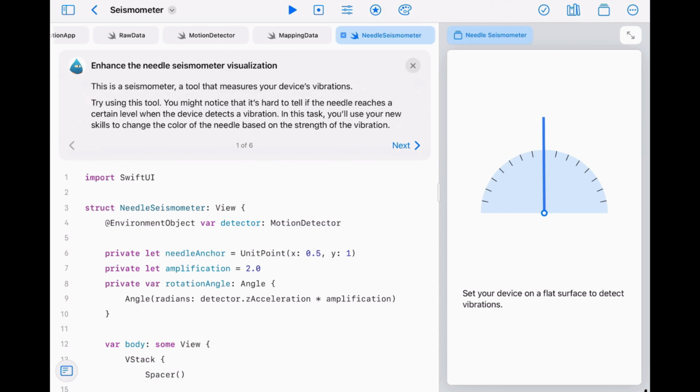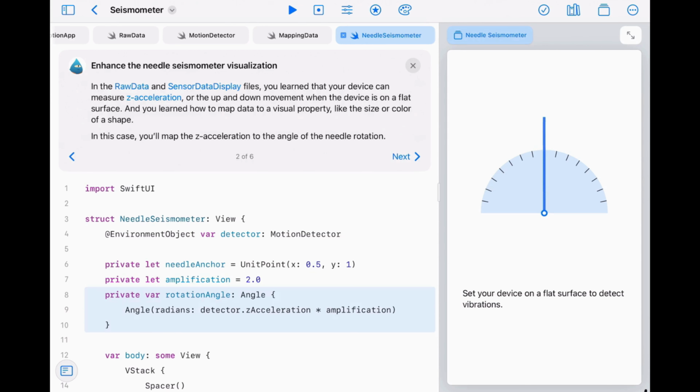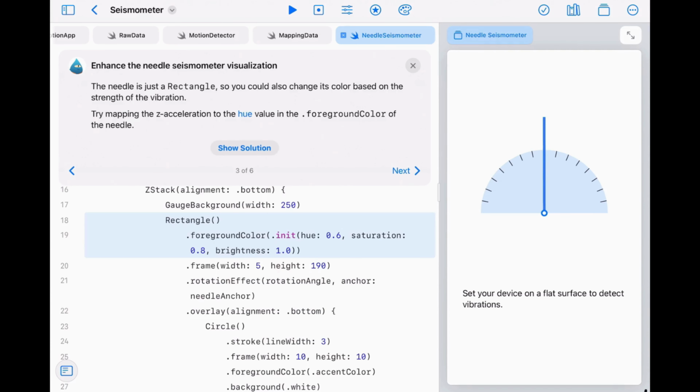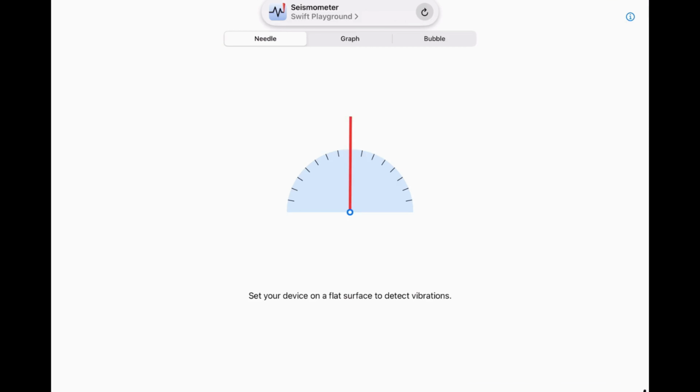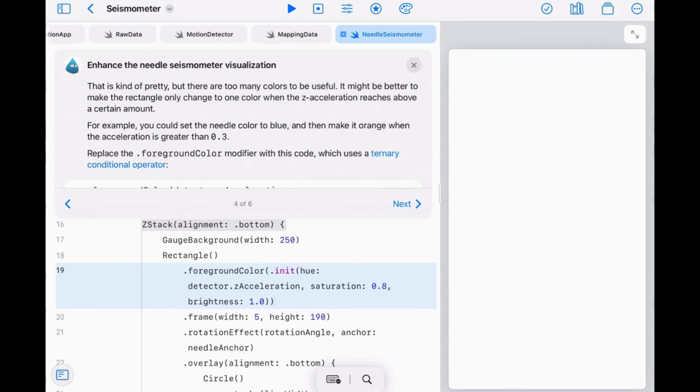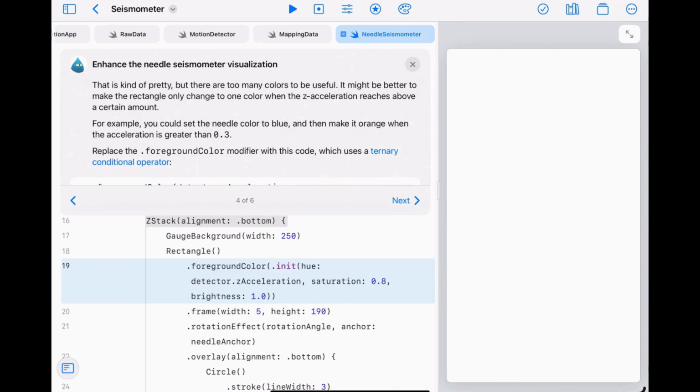Alright, now let's try changing the color of the needle based on the strength of the vibration. To do this, we'll map the z acceleration to the angle of the needle rotation. The needle is just a rectangle, which we already know how to customize, so we can change its color by just setting it up to be dependent on that z acceleration value. That definitely looks cool, but it's too colorful to be informative, so let's narrow it down in a way that